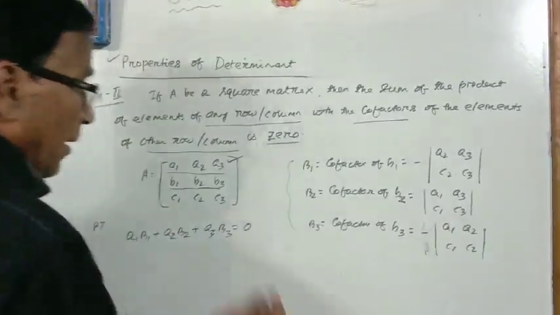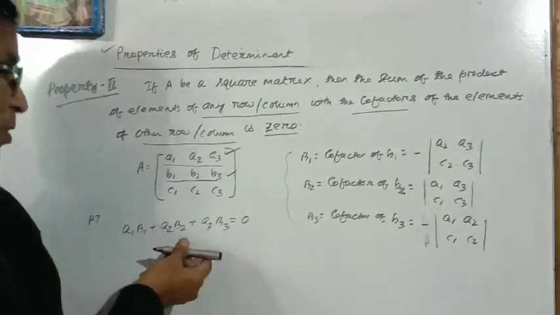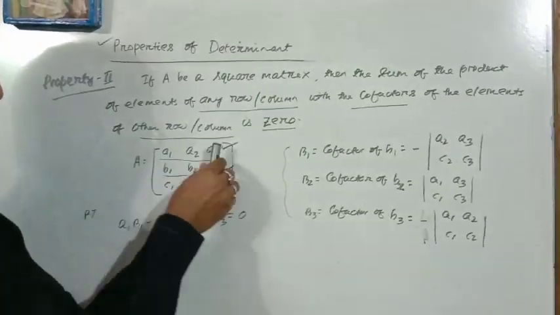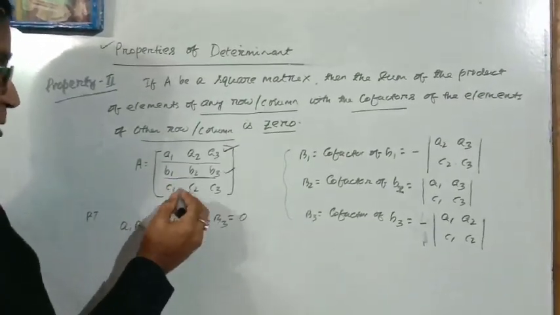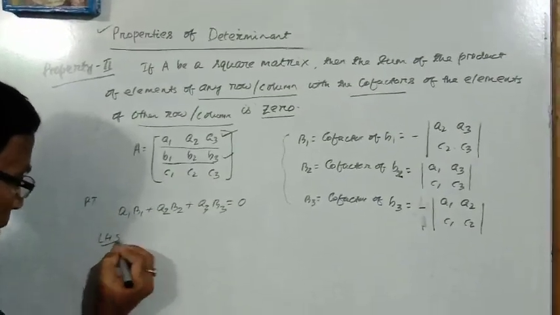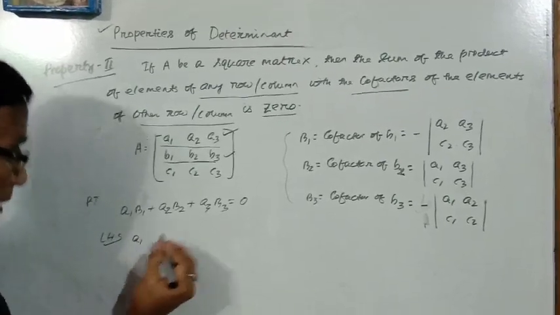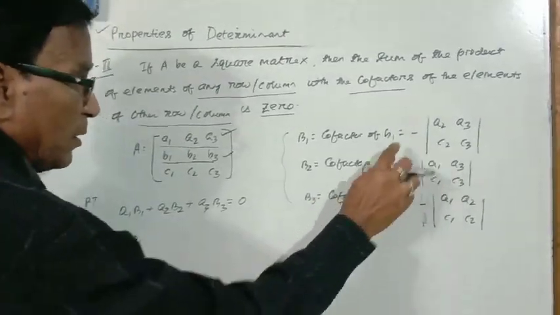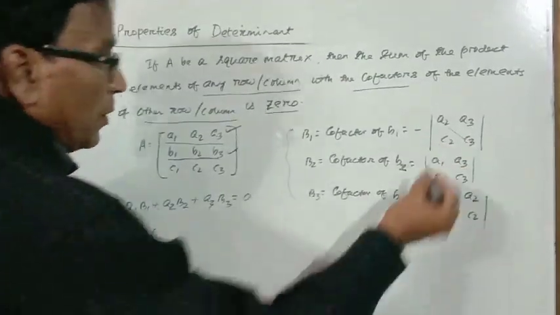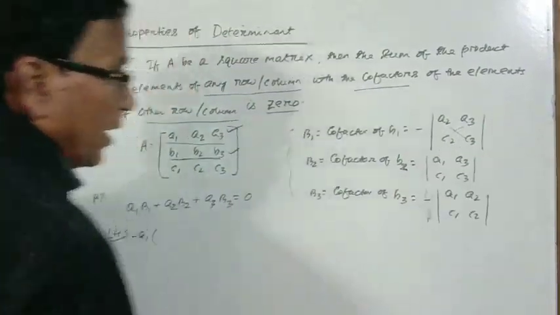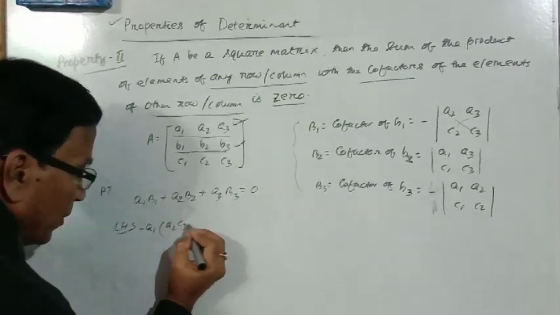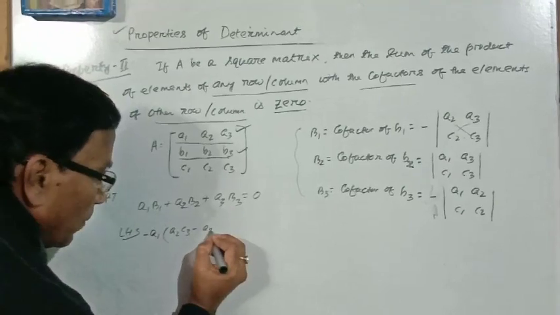A1, A3, C1, C3. Next again the cofactor of B3. For this element it will be minus. So it is minus of omitting the second row and third column, we are getting the determinant of A1, A2, C1, C2. Now here we will find out, taking the left hand side, A1 B1, that is the cofactor of this small b1, which is equal to minus A1 into the product of the diagonal elements minus the product of the non-diagonal elements, that is A2C3 minus A3C2